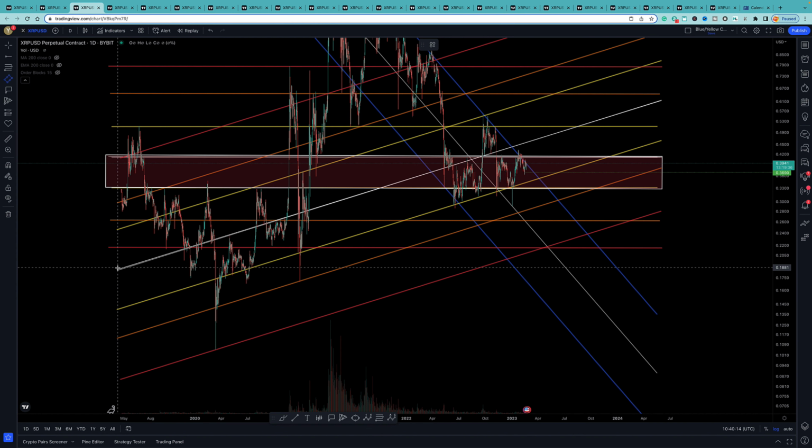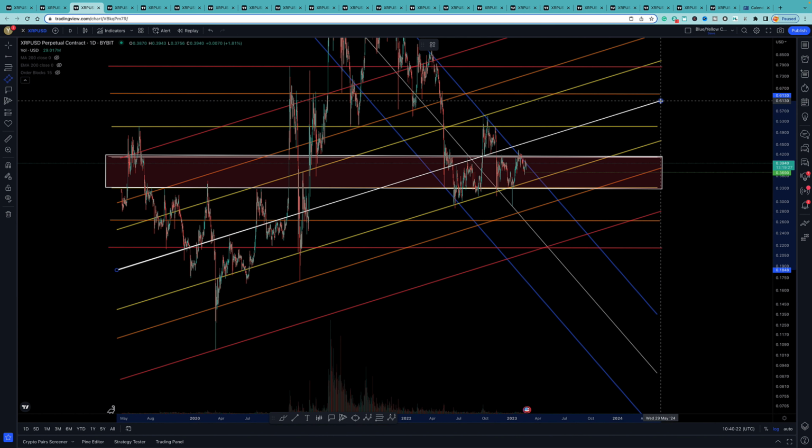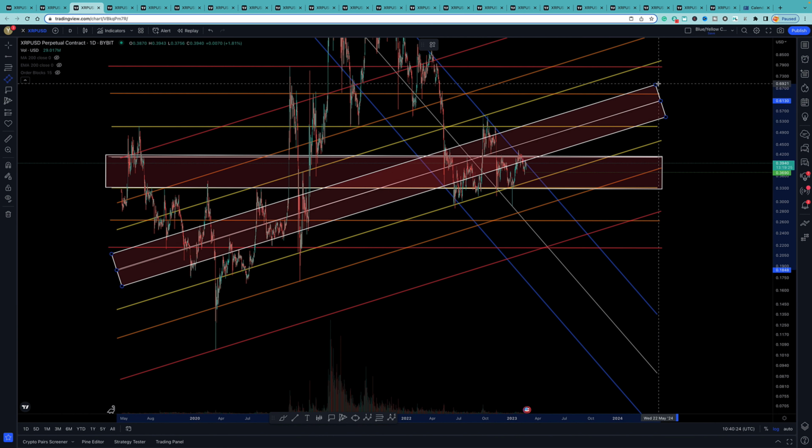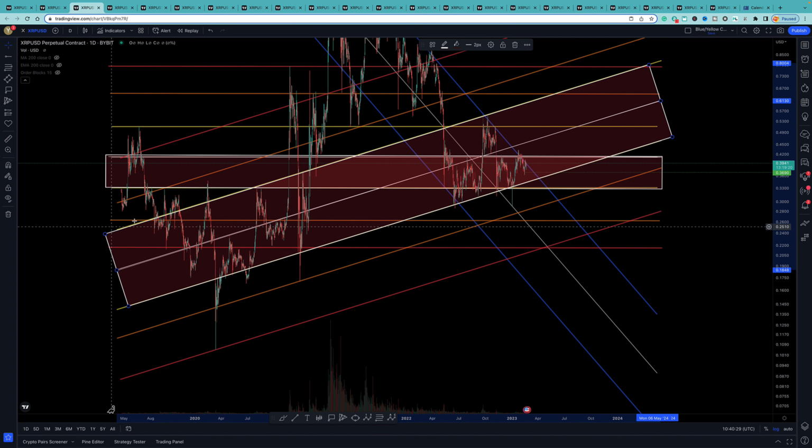So here, and I'll show you the center line first. So here's the center line of the ascending channels, and again, as I move it out, look, you can see it's coming to the yellow. So you can see this zone that price action is ascending in,